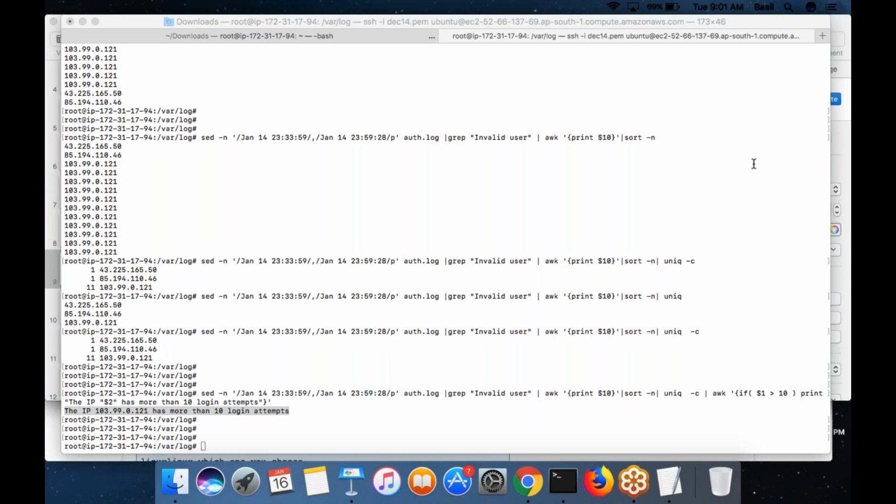You are getting it, right? Can we send this information to third-party tools for analysis? Yes. We can send this output to a third-party tool. We can send it as an email to a person. Anything.